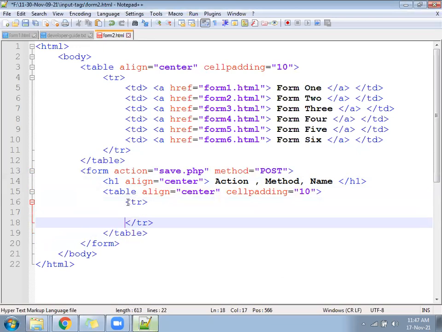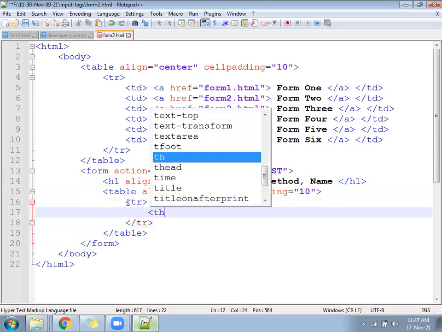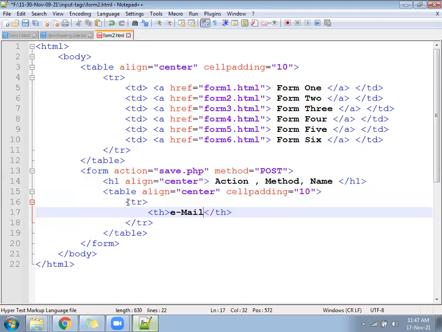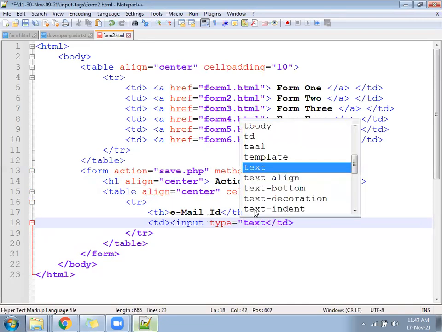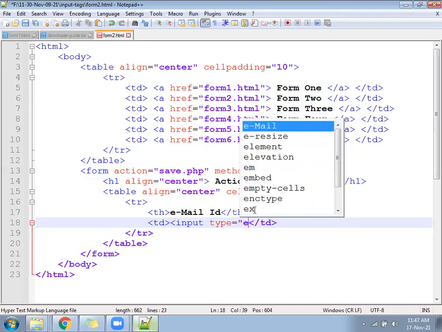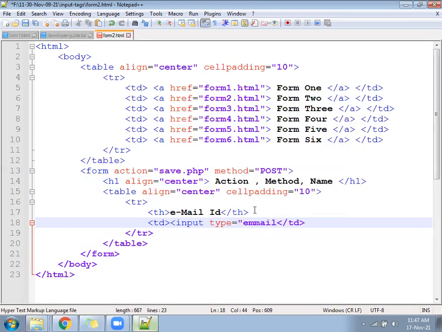TR we can follow. TH, email ID, 1TD, input type text, email we tell you it. Input type equal to email.